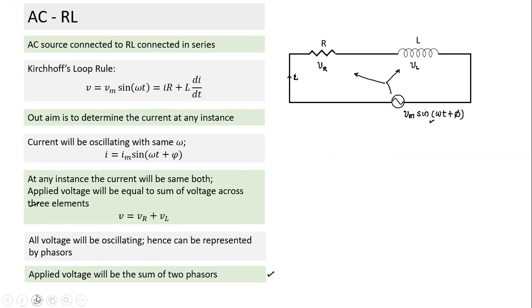Is this understood, Advay? Yes, sir. Why is it so? Why have we written this quantity? Is it making sense? See, again, to repeat this point, whatever voltage we apply,